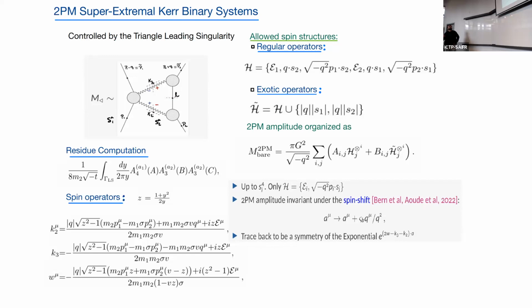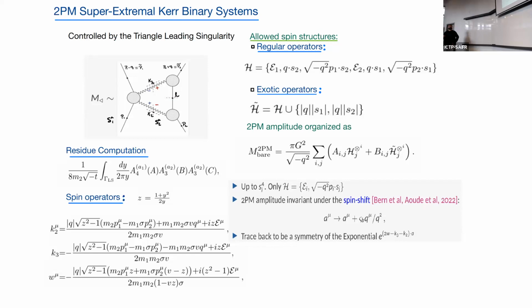And here, we're going to have the two 3-point amplitudes. I want to emphasize that this is a contribution in the super extremal region, the limit in which the horizon is absent. Basically, to obtain the amplitude, you just have to solve these complex integrals for one complex variable. You can parameterize the kinematics of the problem in terms of that complex variable, and computing this leading singularity just reduces to a very simple residue evaluation.